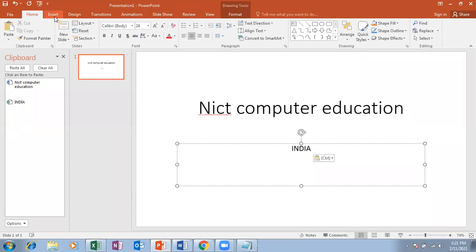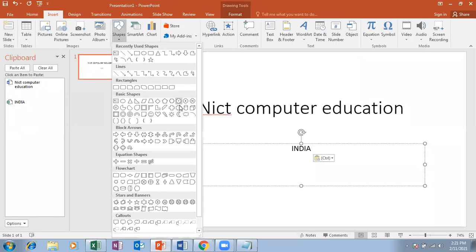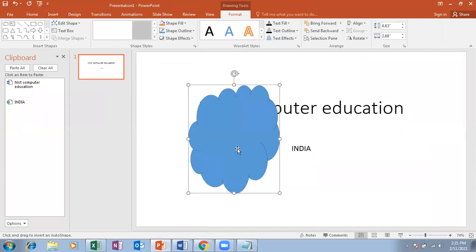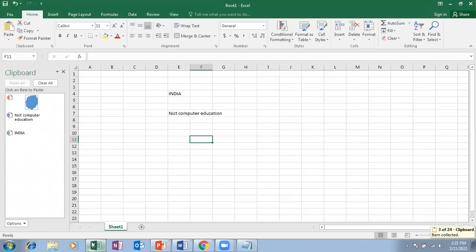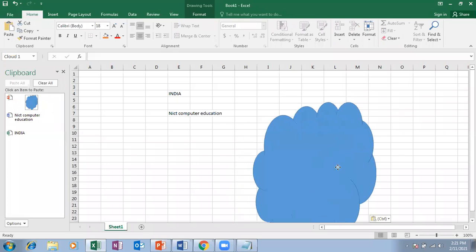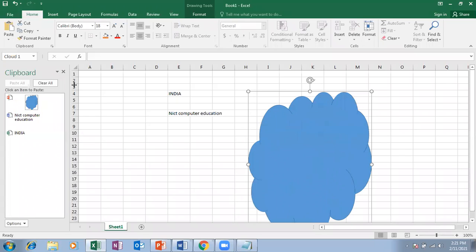And if I draw some shapes here and copy this particular shape, if I come to Excel and click on this, it will get inserted. And if I give clear all, everything will be cleared from the clipboard.